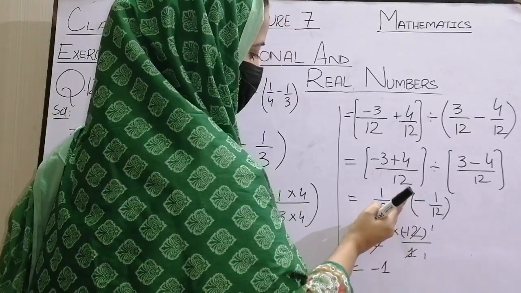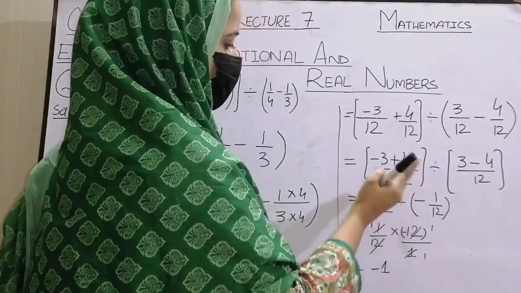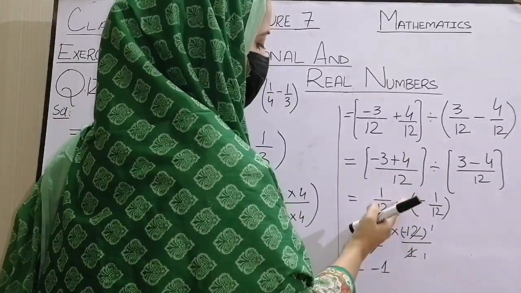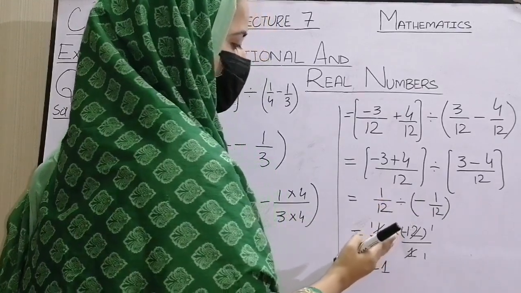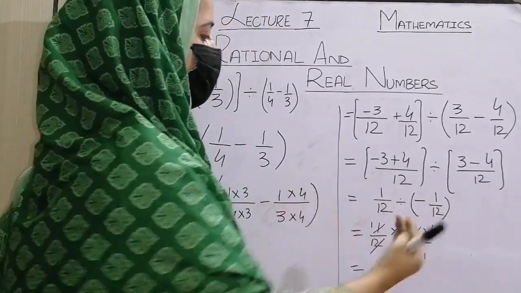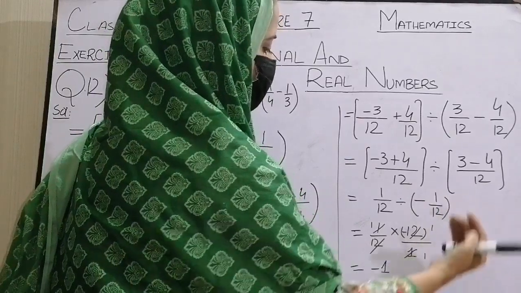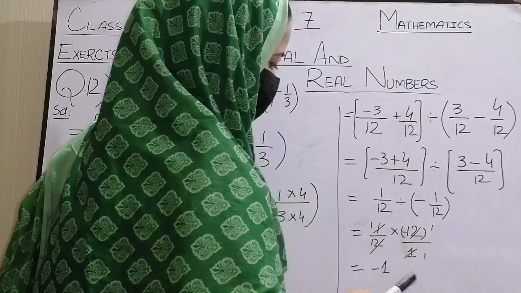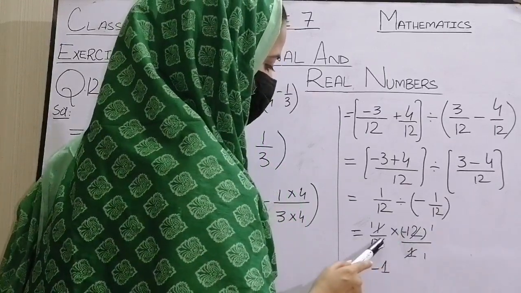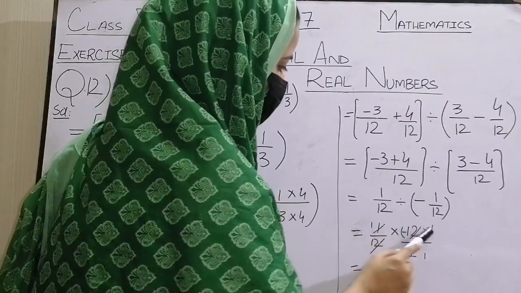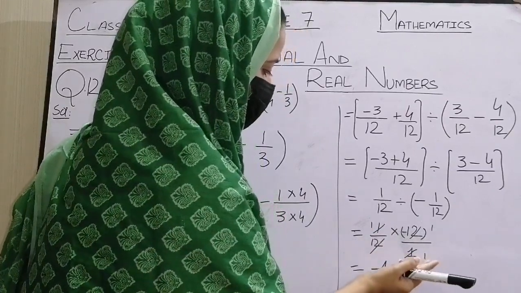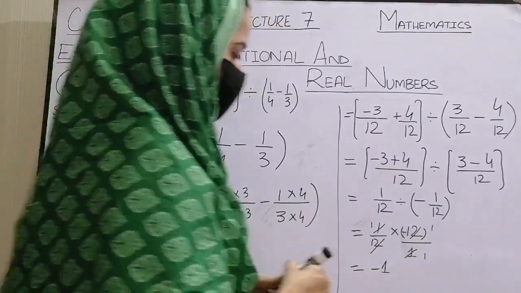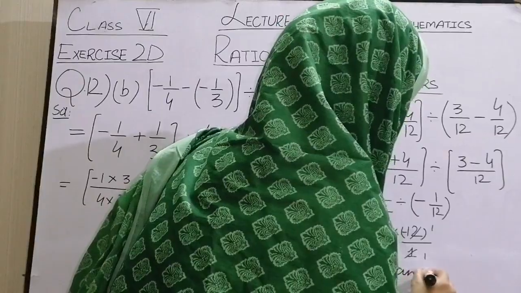Now there is a division sign in between. We have to convert this division sign into a multiplication sign. To convert the division sign into a multiplication sign, we have to take the reciprocal of the fraction which is on the right side of it. Minus 1 over 12 is minus 12 over 1. Do the cancellation. 1 and 1 are cancelled. 12 and 12 are cancelled. We are left with 1 into minus 1, which is minus 1, and the denominator was 1 into 1. We do not write 1 as our denominator, so minus 1 is our answer.